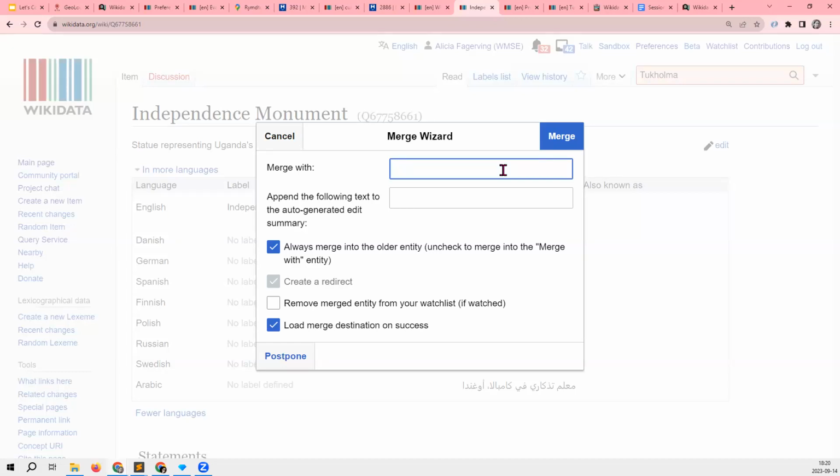These are things you don't have to even think about. Again, everyone creates a duplicate at some point. Everyone finds a duplicate at some point. It sucks, but it happens all the time. And this is a convenient way of dealing with them.